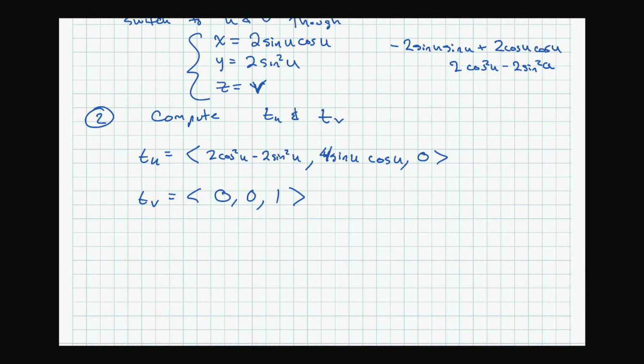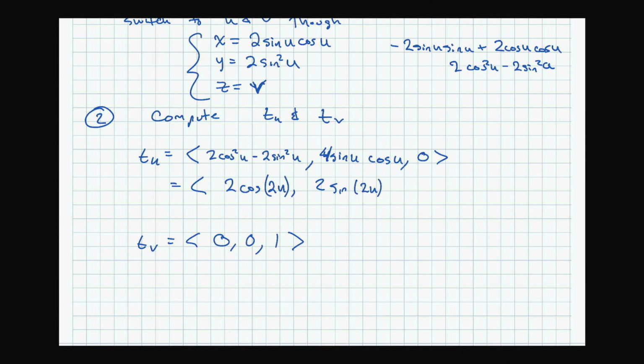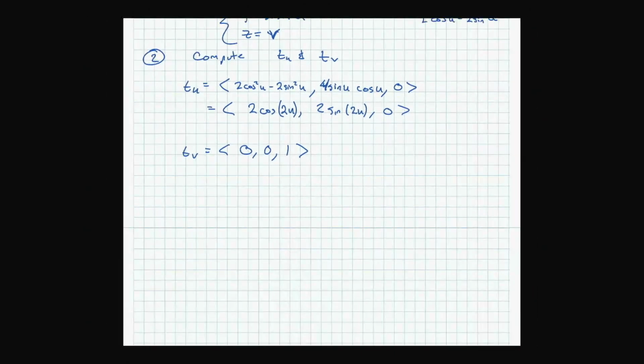I think you can use a trig identity here, which, let's see here. If you use trig identities, then I'm just going to write these down rather than show you the identities. This right here, there's a trig identity that says that should just be 2 cosine 2u. And for sine u cosine u, this one is just 2 sine 2u. Although you could just leave it the way it is, that's fine. And of course, that's 0. Okay, so that's just trig identities. We didn't do anything. All right, so we got these, and then we should be able to set up our